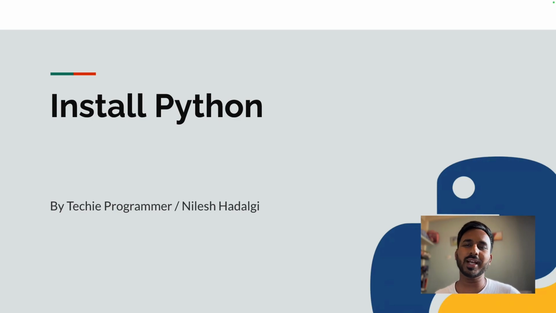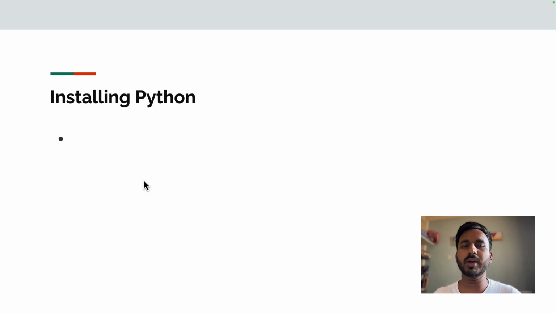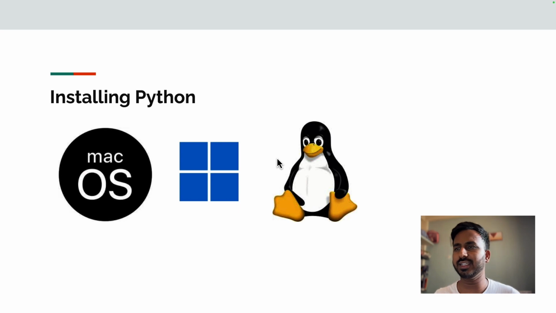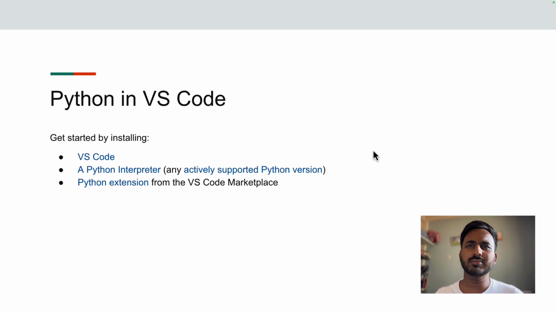So let's install Python on our machines. You might be using a Mac, Windows, or Linux. If you're using Linux, it's good news because Python is pre-installed, so you don't have to do anything. In macOS, it does come pre-installed, but you can verify or upgrade it. There are 3 steps that we are going to follow to install Python or to use Python